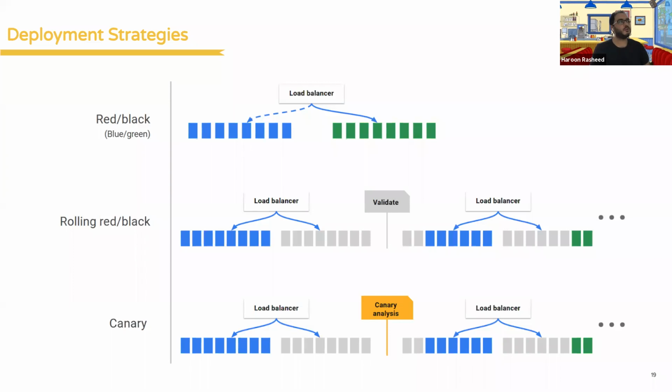In terms of deployment strategies, Spinnaker supports all these different types out of the box. We've gone for blue-green. In Spinnaker terms, they call it red-black. I'll explain why we went for blue-green and how it helps our continuous deployment efforts. We deploy a new cluster with the new changes and start rolling out traffic to it. We do 50-50, so 50% of the traffic goes to the new cluster while 50% goes to the old cluster, and we monitor for half an hour. If nothing goes wrong within that half hour, the deployment is deemed successful,